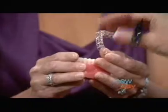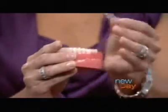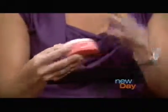Well, the most obvious difference is the fact that they're clear. And I have some right here. This is an Invisalign tray. They're clear and they're removable. So they're just like the little trays that you would use to bleach your teeth. They're that clear. They're stiffer, so they can actually move the teeth. Right. But they are that clear, and it's a huge benefit because if you're in sales,